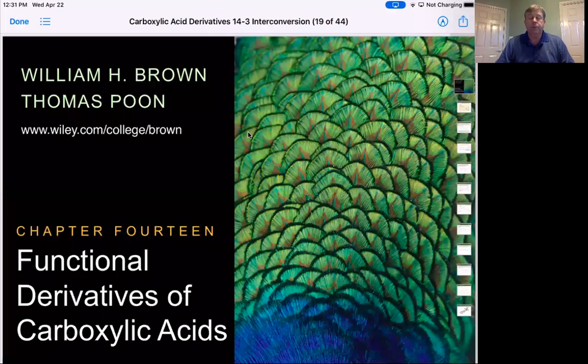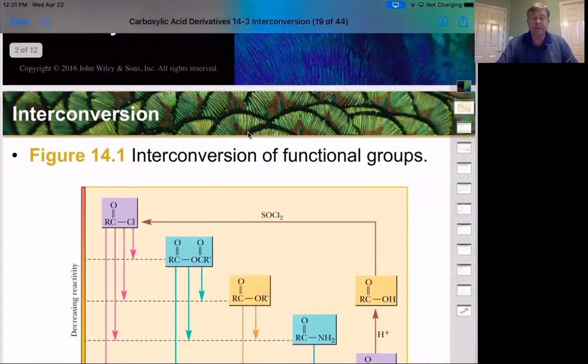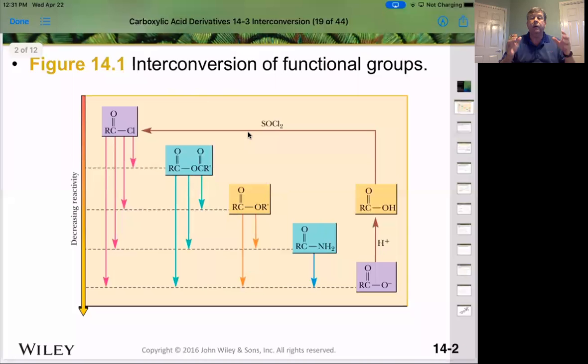Okay, Organic Chemistry 2030, we're going to do our last chapter, number 14. This is our second set of functional group conversions between all the different carboxylic acid derivatives. Okay, so as I said at the end of the last video, we were talking about the interconversion between the